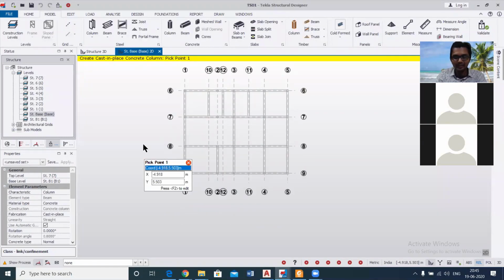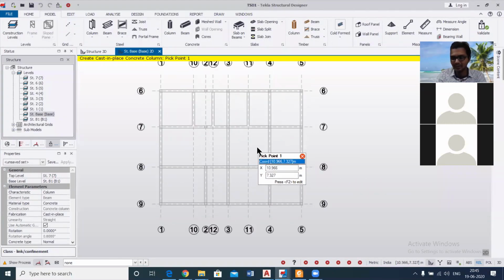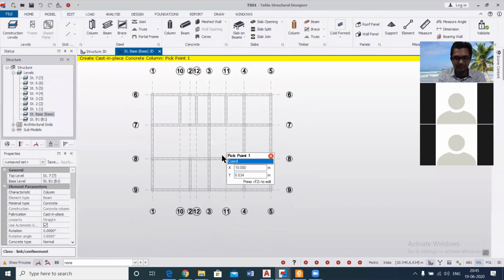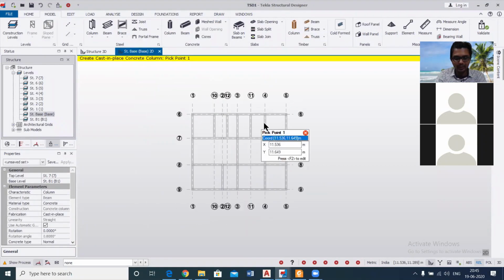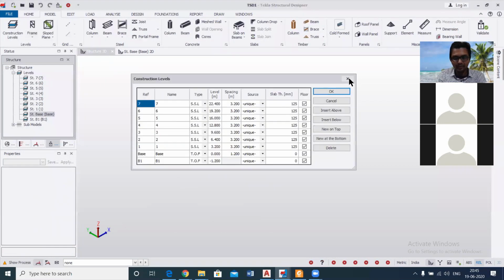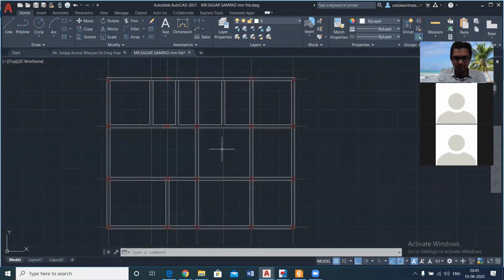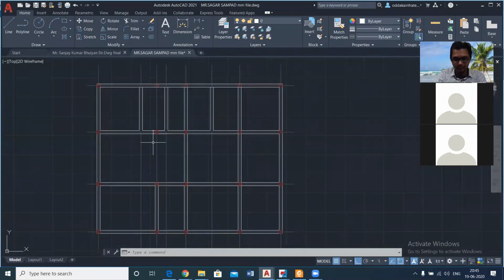Basically I was doing it a little bit fast because I wanted to complete it, and then we could discuss some of the things, because you can't get the model in one day, but you can understand the process. So I'll do it again for you. I don't have any problem with that. At first we showed you the input file, which is our AutoCAD file. In this file, we had your centerline diagram, that is the center of all the columns, and your architectural plan also, the beam column plan.